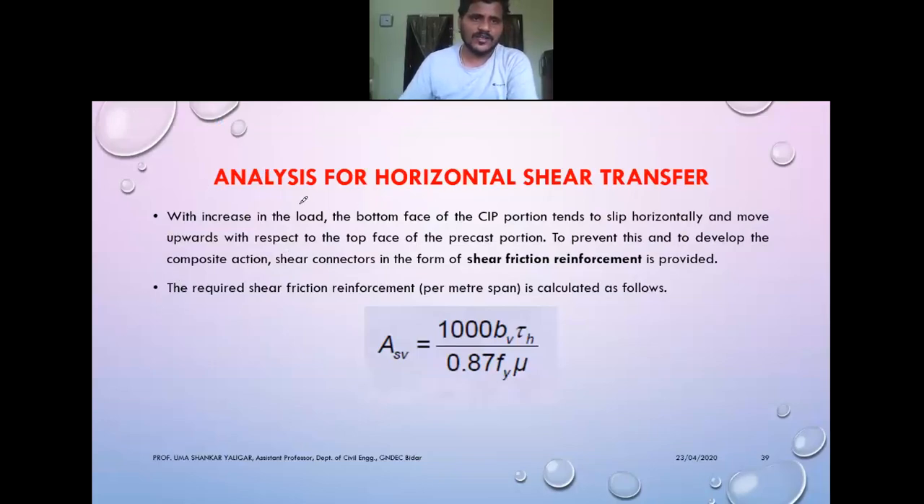That is the analysis for the horizontal shear transfer. We need to calculate the shear strength and provide the shear reinforcement. Here, with an increase in the load, the bottom face of the CIP portion, meaning the cast in place portion, the flange portion, tends to slip horizontally and move upward with respect to the top face of the precast portion. If this is your web portion,